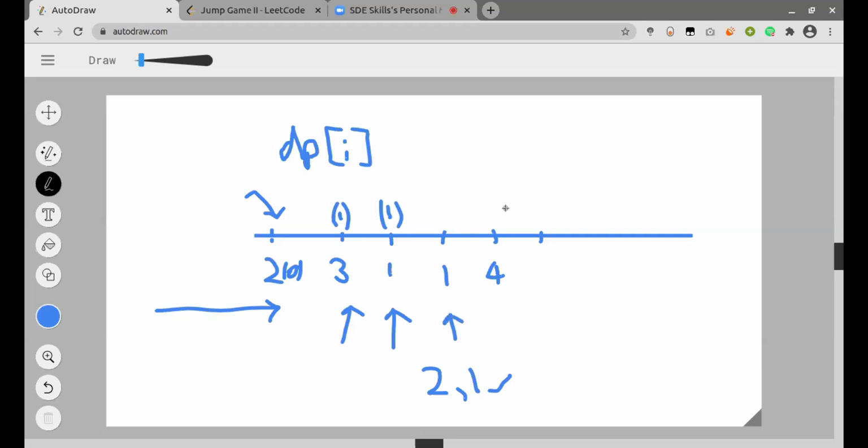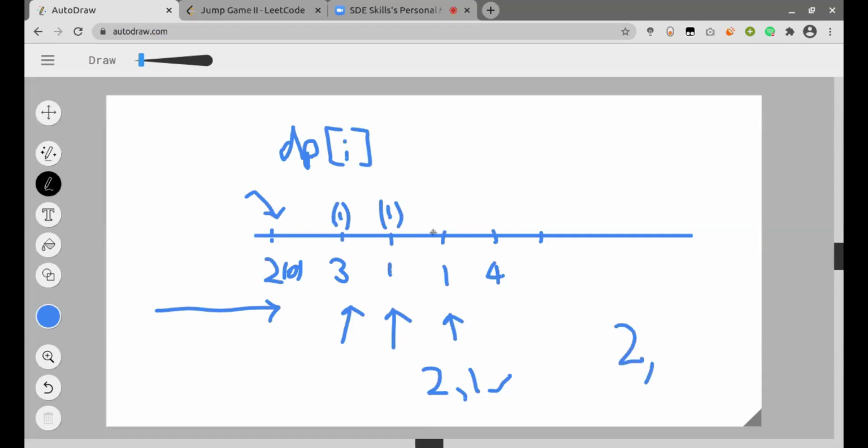Now, when I come at 1, I will again do the iteration from my leftmost points. So from 1, I can get to 1 in one step, and the number of steps I needed to get to 1 was 1. So the total number of steps would be 2.